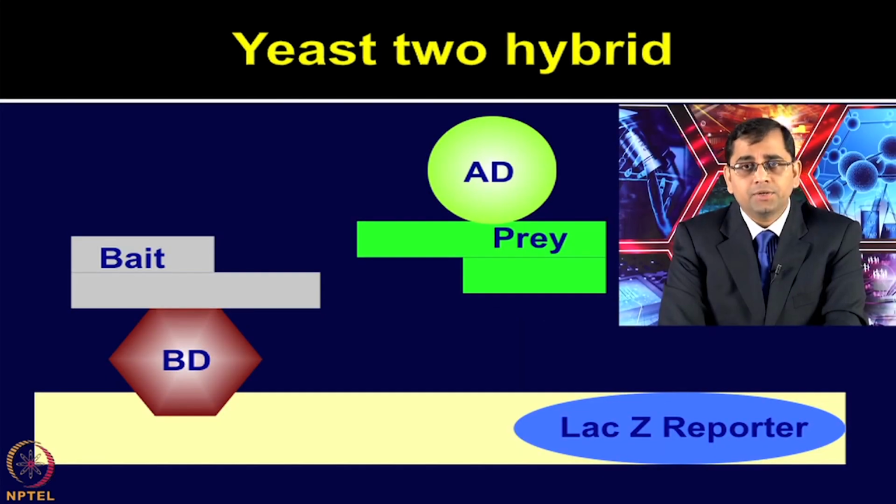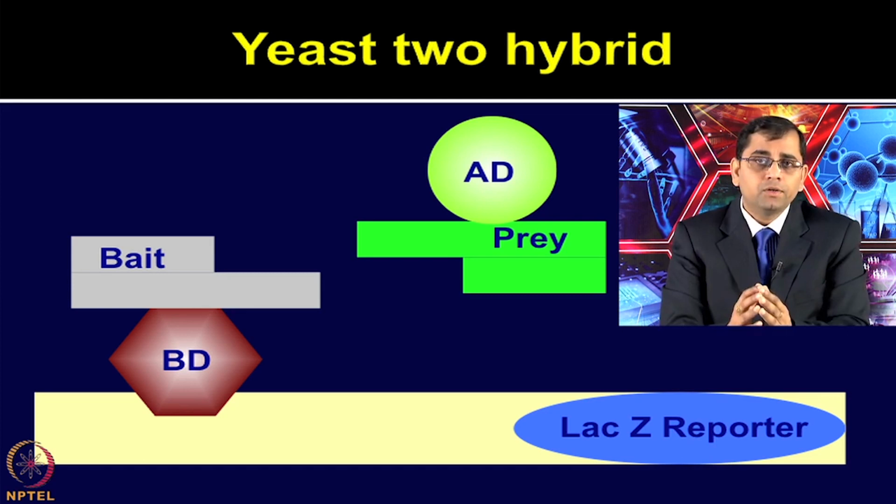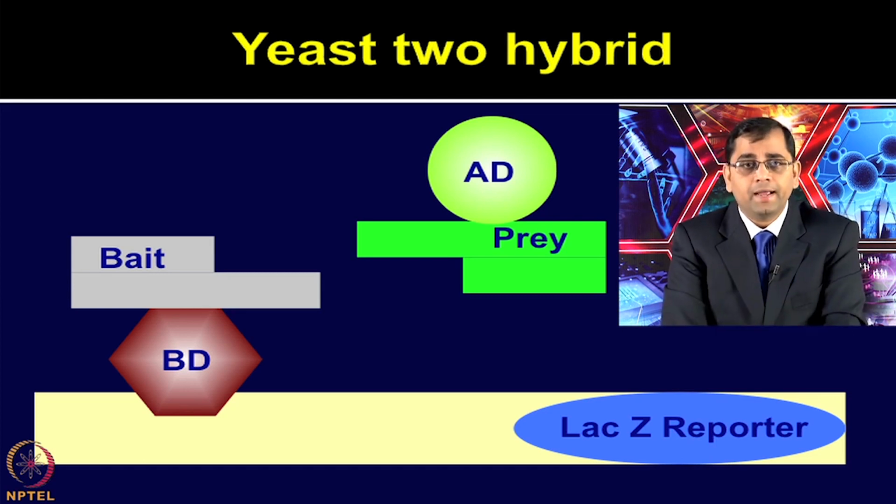the transcriptional activator for the 2 hybrid system consists of two protein domains. One is the DNA binding domain, which remains bound to the promoter region and is fused with a suitable bait protein whose interaction with another protein is required for the study. The activation domain is the other domain of the transcriptional activator, which is fused with the prey protein. This activation domain, when bound to the DNA binding domain, forms the functional transcriptional activator and brings the expression of